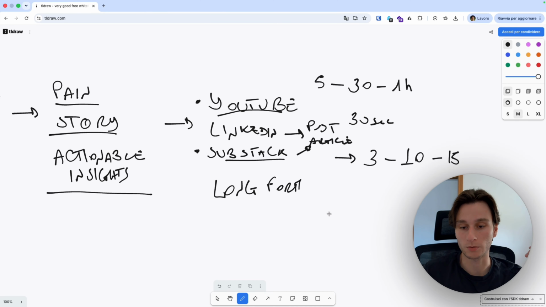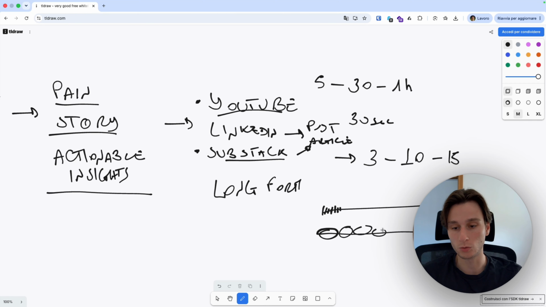So instead of, for example, filling this line with LinkedIn posts, well, this will take much more time. But if, for example, you are publishing on YouTube, this part will be established much faster, and you will get your potential leads much faster than in this type of timeline.